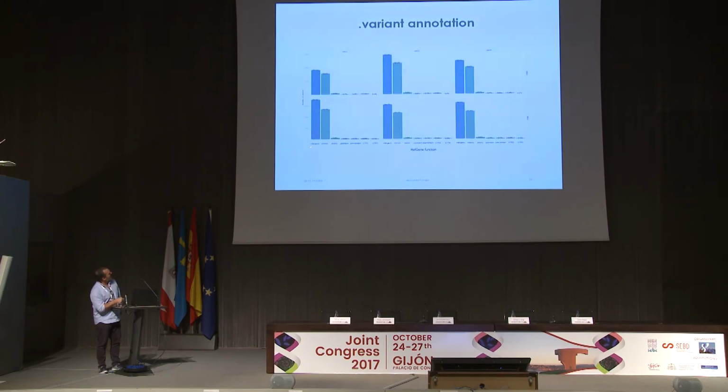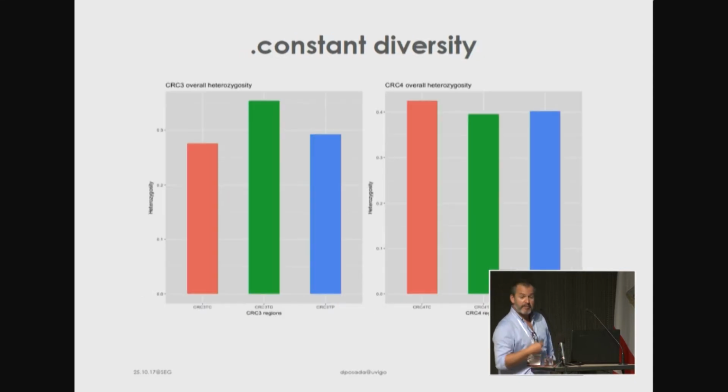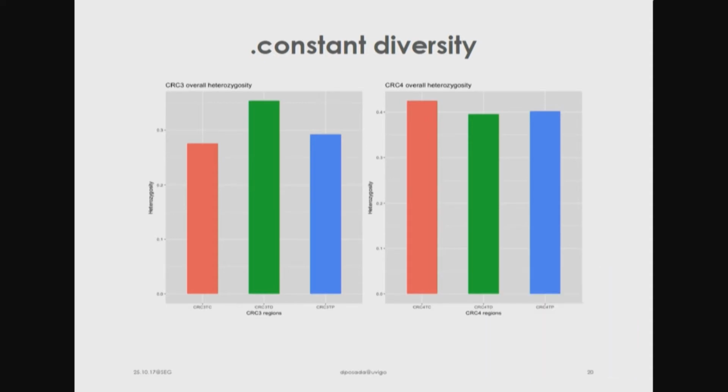Well, maybe you don't see the labels, but most of the variants are in the intergenic regions. Okay, and of course, spacers, and only a few are in introns, okay? So that's expected. There's nothing special here, okay? So the distribution is the expected one. And again, the diversity for all these 2 patients, which we have already 3, is constant, okay? That suggests that tumors are really well mixed.